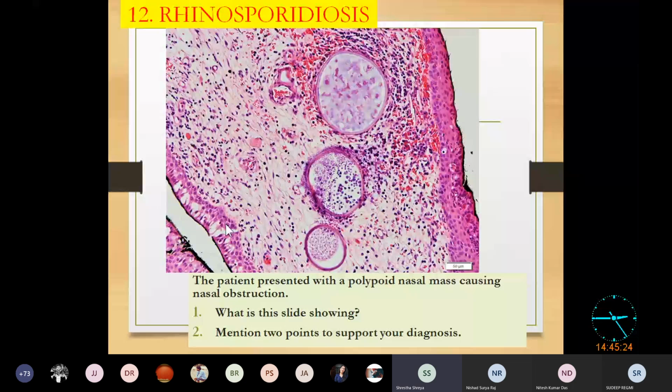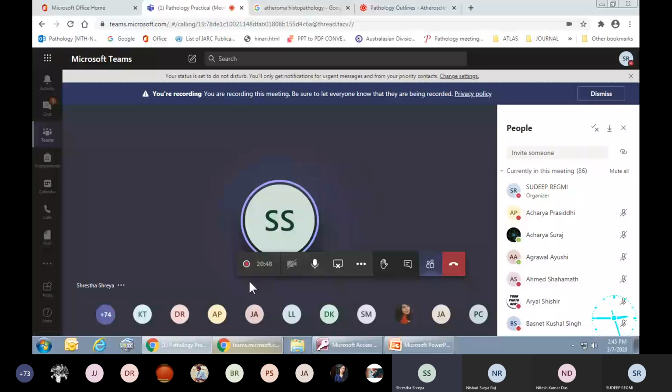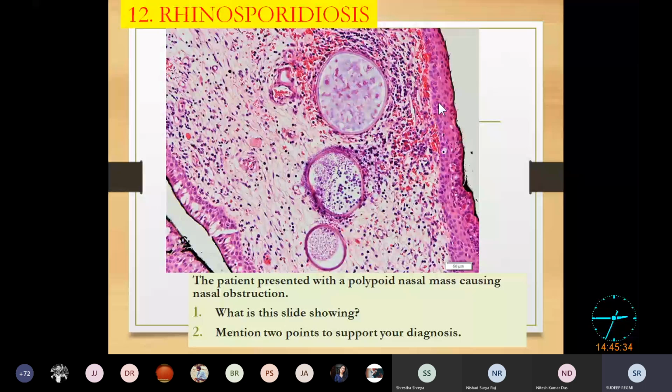And the tissue is lined by pseudostratified ciliated columnar epithelium. Okay. And sporangia are seen, and neutrophilic infiltration. Okay, sporangia are seen. These three which you are seeing, these are the sporangia. Okay, here if you see here,